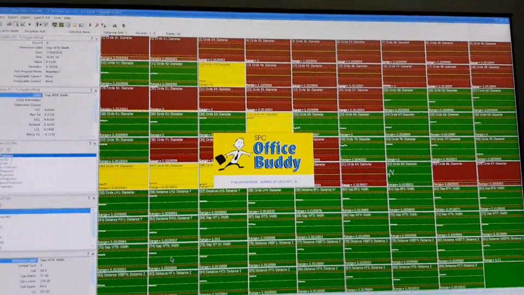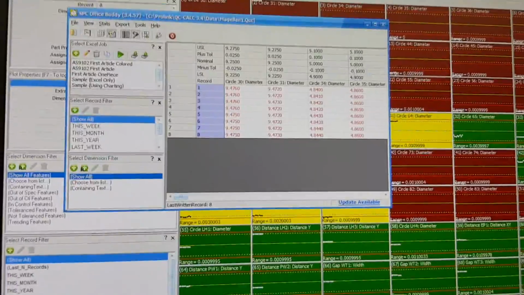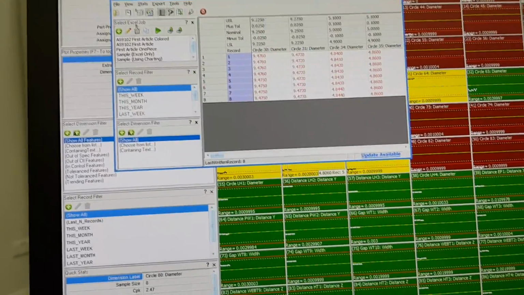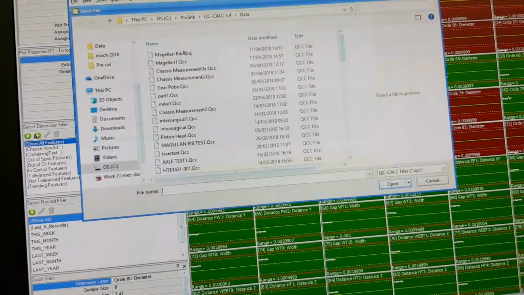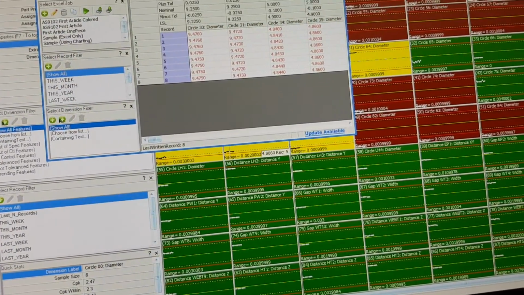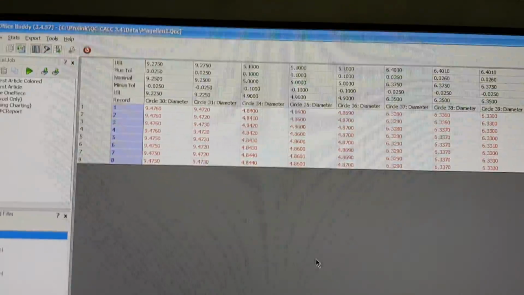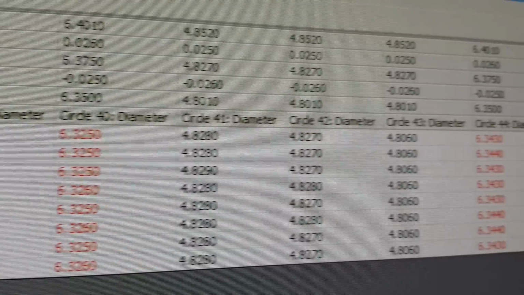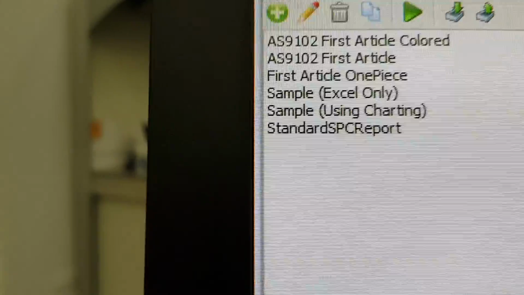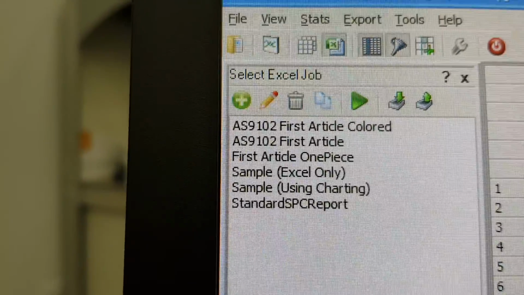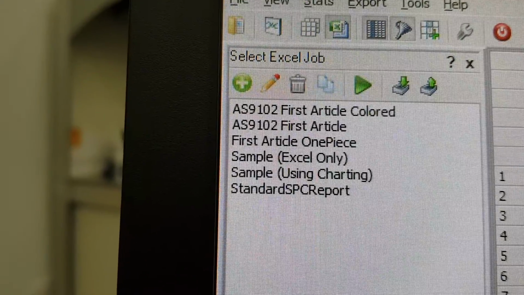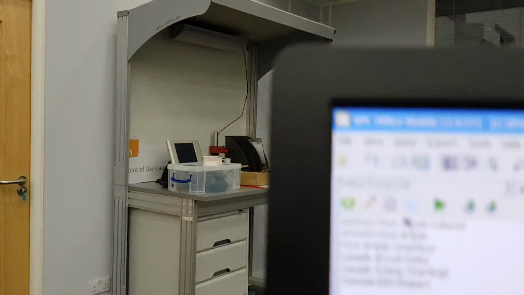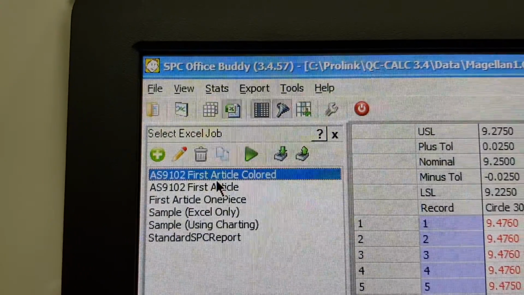Now this is a program that would run on your machine, so maybe you want to produce reports. Now obviously this data can come from anywhere, it doesn't have to just come from one machine. And if I go File, Open, Magellan 1, here is the data that we've got, and all the data with the individual diameters, etc. here. Now we've got here a list of different types of inspection reports. These can be designed by yourself, so you can have what you like. But we've got an AS9000 set up here. If I just click on that,